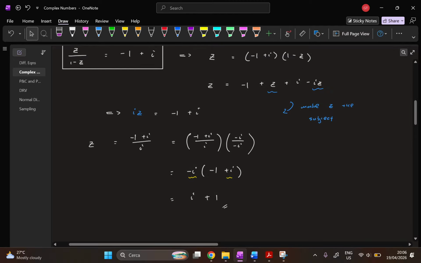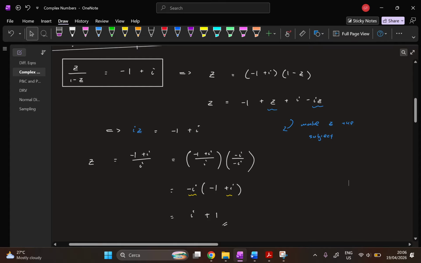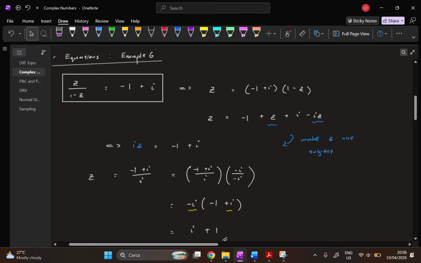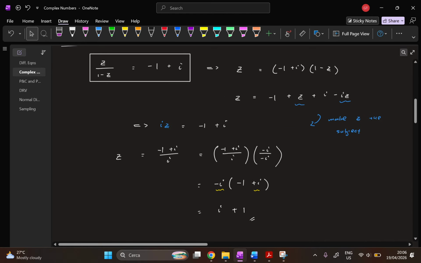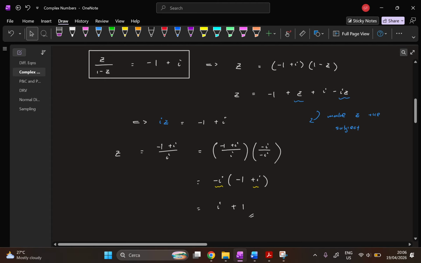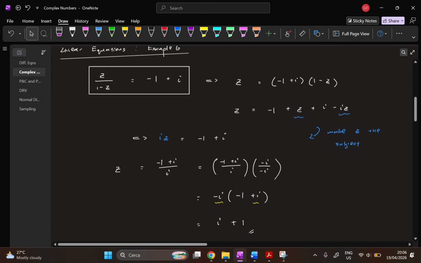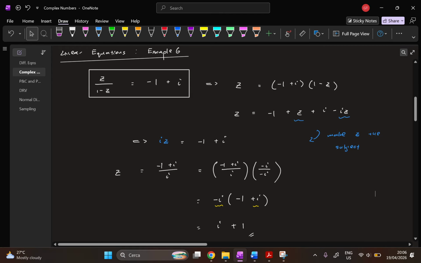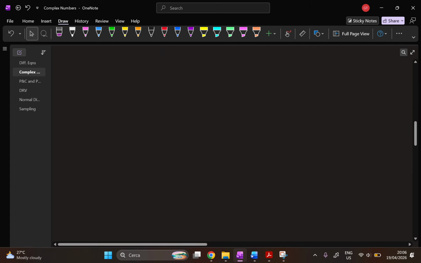Now, I mentioned earlier that the more common method that we use in this topic on complex numbers is to let z be equals to x plus yi and express it in Cartesian form. I think the next few examples will illustrate that better, but this is just solving linear equations. Just an introduction to get you all to see how we manipulate algebra with regards to complex numbers. But I must warn, okay, questions that are this simple almost never come up in A level. The types of questions that you should be used to are the ones that I'm going to show you now,